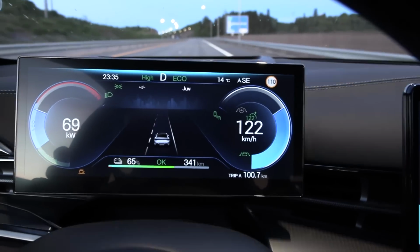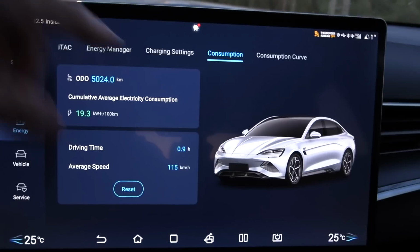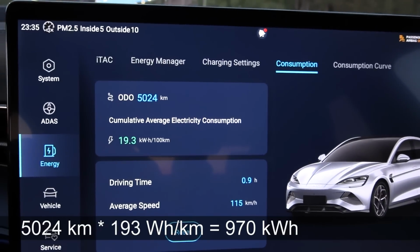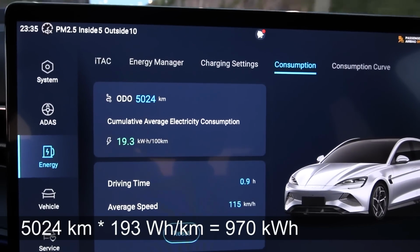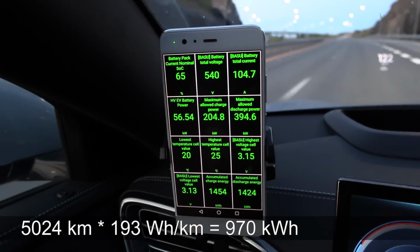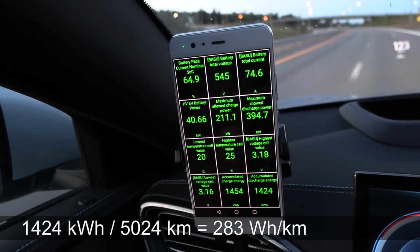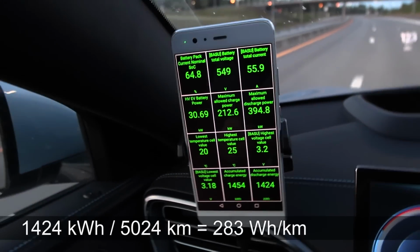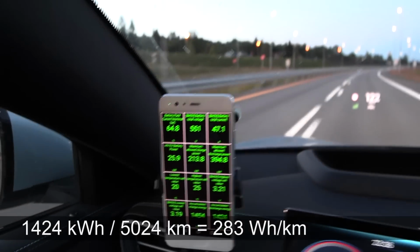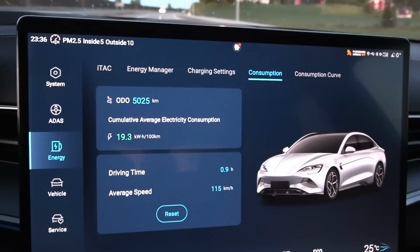Okay, we're now at the 100 kilometer checkpoint and we have consumed 237 watt-hour per kilometer. But I find something strange. If you look at the odometer and the cumulative consumption, right? If you multiply these two, you get around 900 something kilowatt hour discharge. But then car scanner reports 1,400. Or if you take 1,400 divided by 5,000 something kilometer, you get around 280 watt-hour per kilometer. But 280 is highly unlikely,